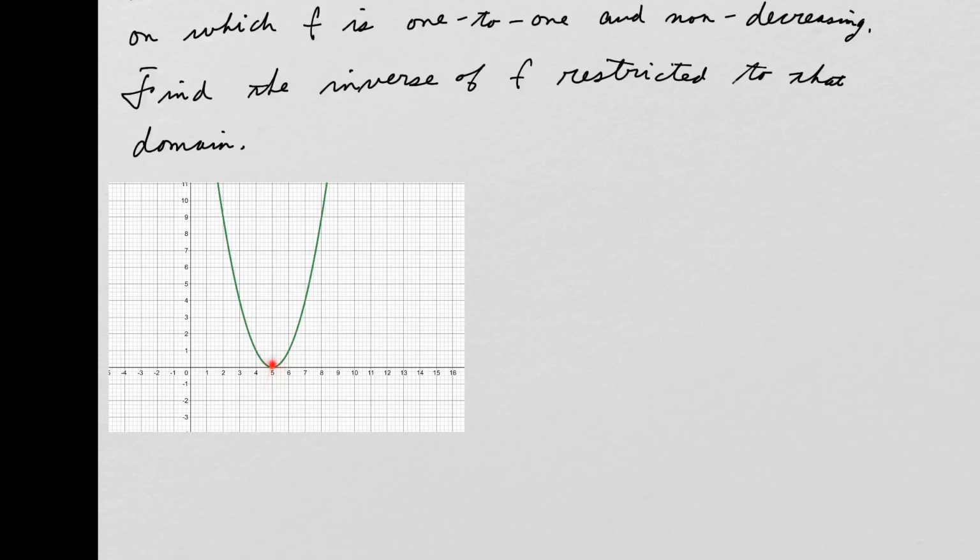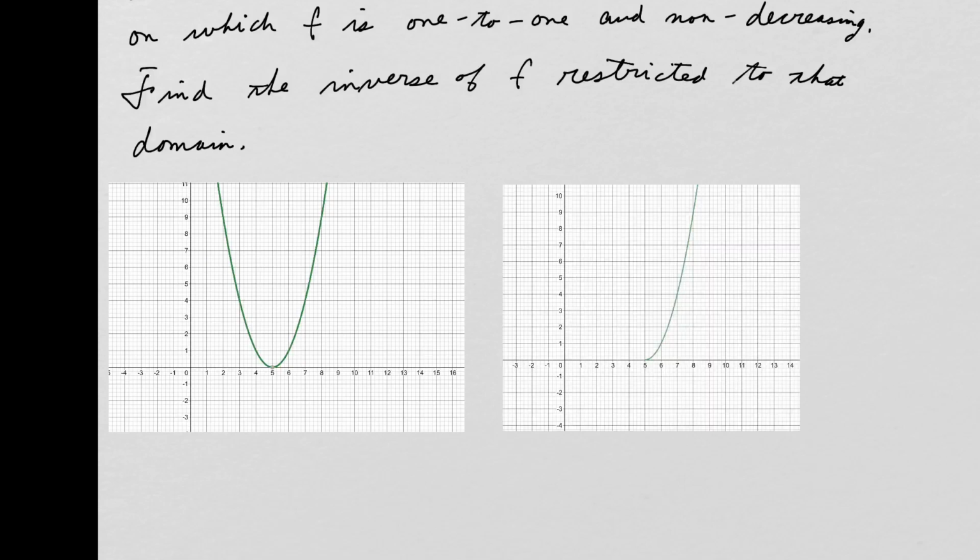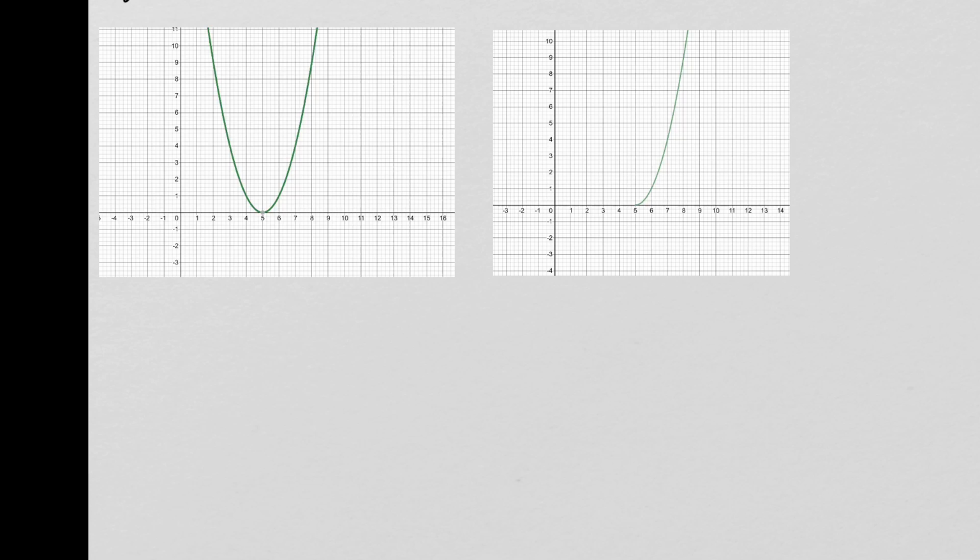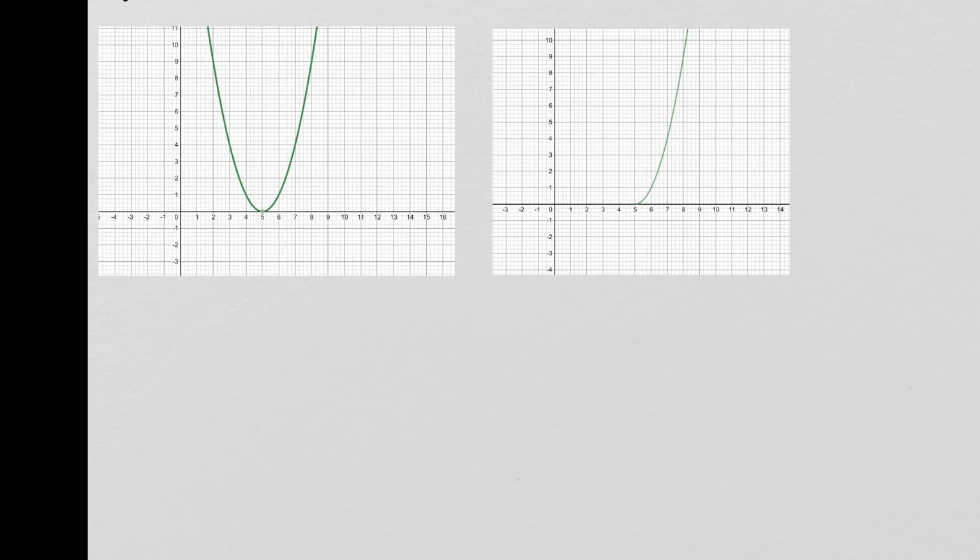So we just want 5 on, right? We want our domain to be 5, including 5, to infinity. Then we'll only include this non-decreasing piece. Okay, so we're going to restrict our domain to 5, infinity, including the 5. And that gives us the second graph, right? So now, let me write the fact that we restricted